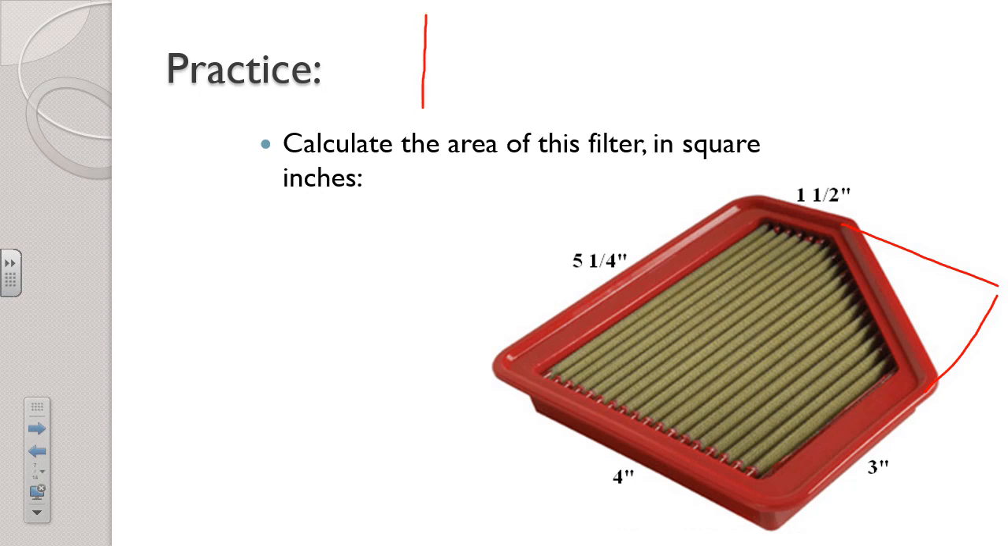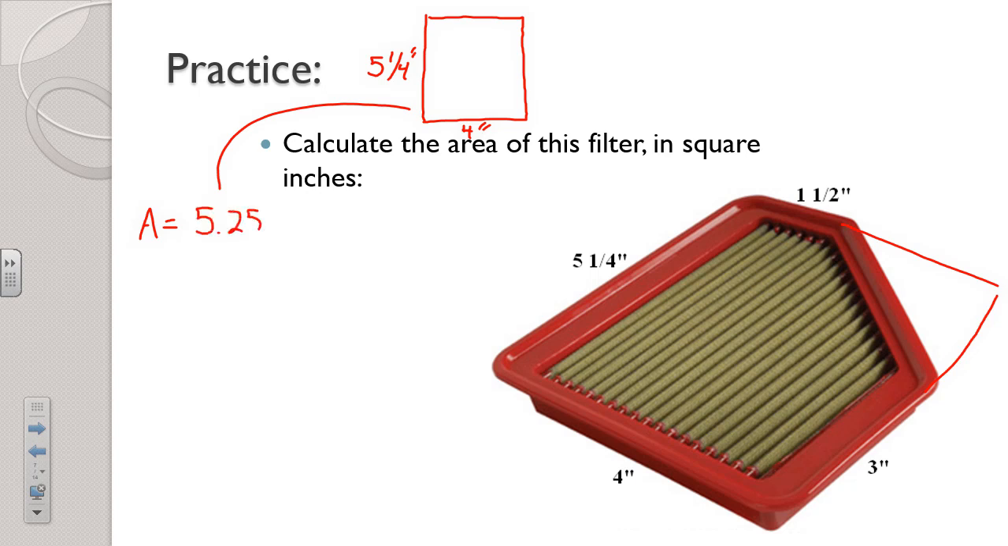So let's start with a big old rectangular filter that is 4 inches wide and 5 1/4 inches tall. If we do that, the area of that filter is 5 1/4 or 5.25 inches by 4 inches, and that gives us 21. Those would be square inches, okay? But we're missing a corner in the top right of that filter, so let's figure out what that area is